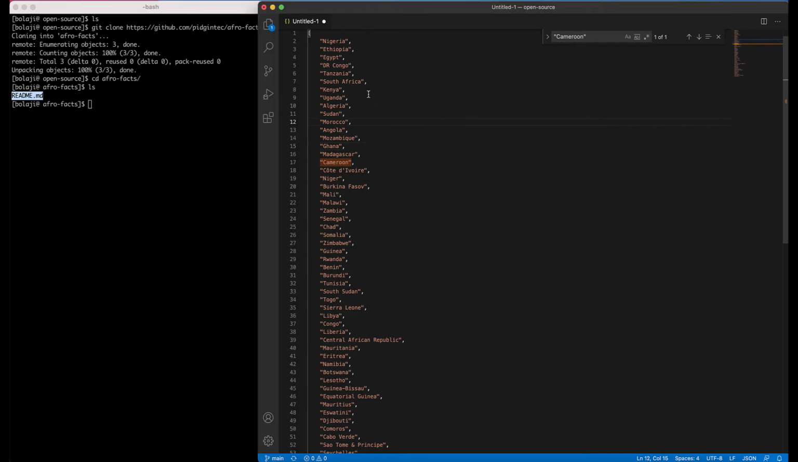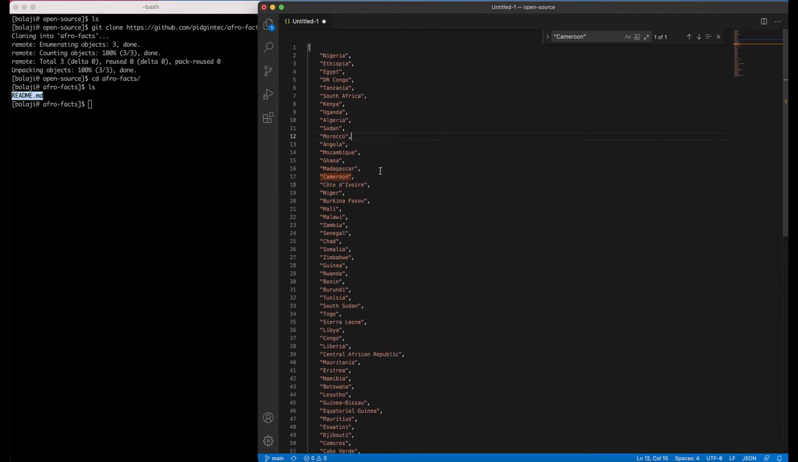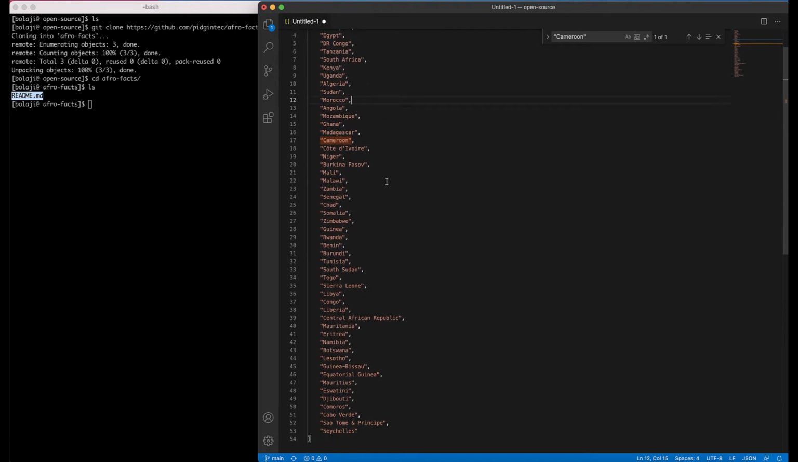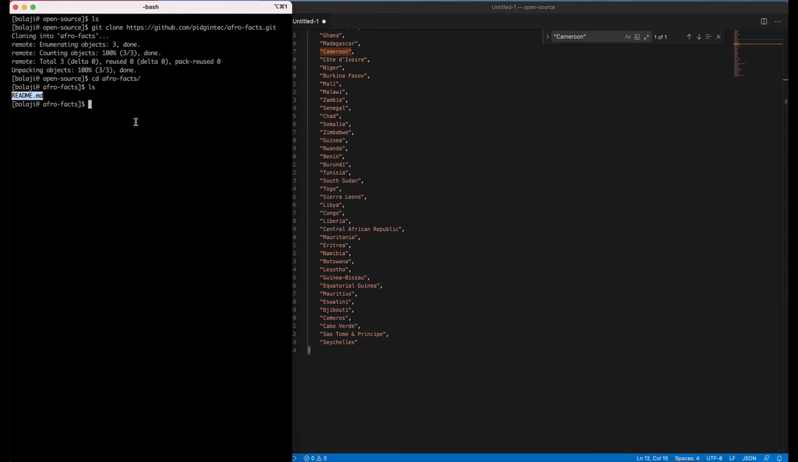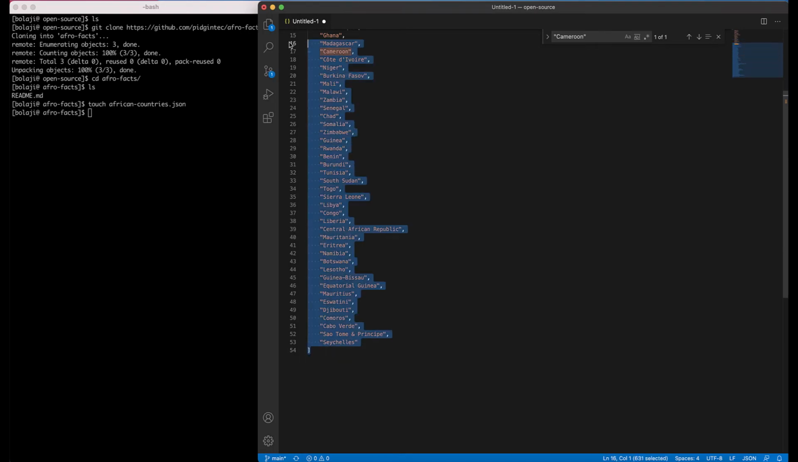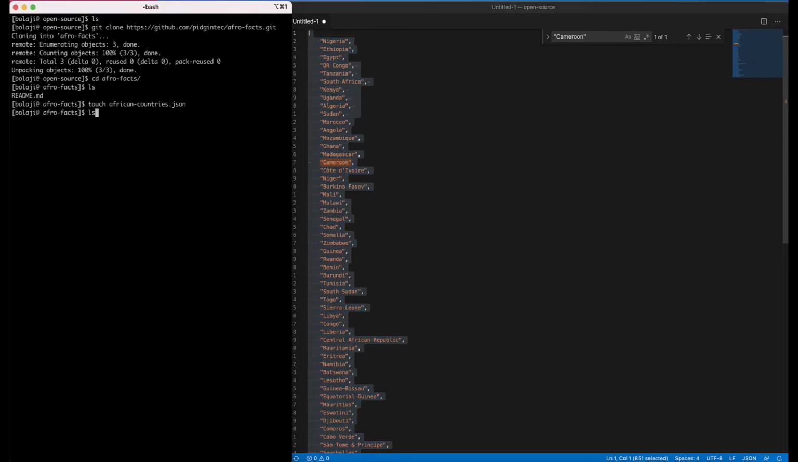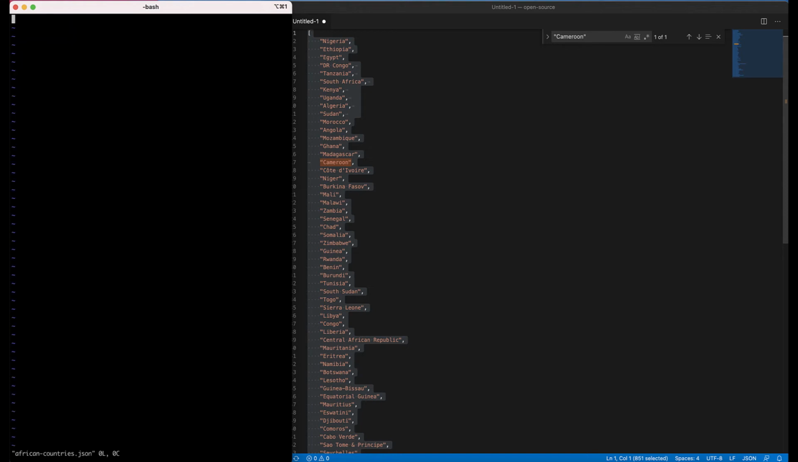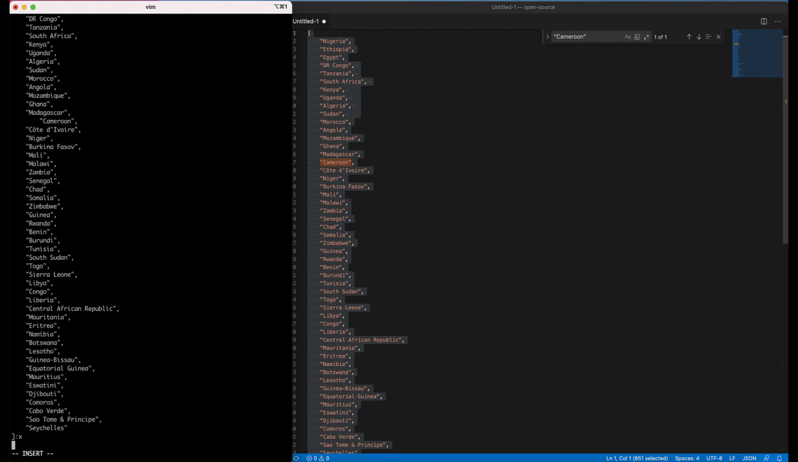So what we want to do now is add these African countries as a JSON file, and we'll push it to GitHub. So I'll first create the file African countries.json, and I'll copy this one on there. Vim, if I open it up, I just do vim and I'll paste it here. Then